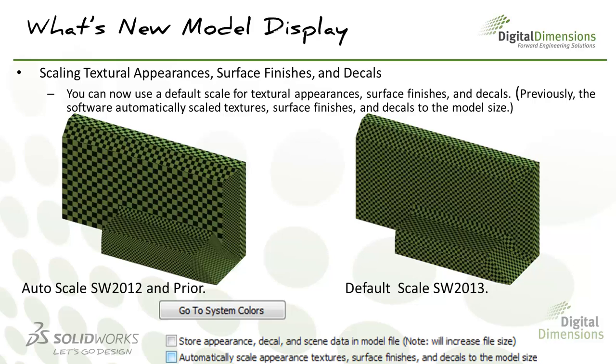of automatically scaling the appearance to fit the geometry and basically revert to the default scale of that appearance texture map. Okay, so in the examples here you can see the auto scale in 2012 and prior. This checkerboard pattern has been applied to multiple faces, and the checkerboard pattern has readjusted based on the size of the face. And now in 2013, once I uncheck automatically scale appearances, textures, etc. to the model size, it will then revert to the texture map scale of the item I'm applying to the model. And so that is why under my image here for default scale of SolidWorks 2013, it's the default scale